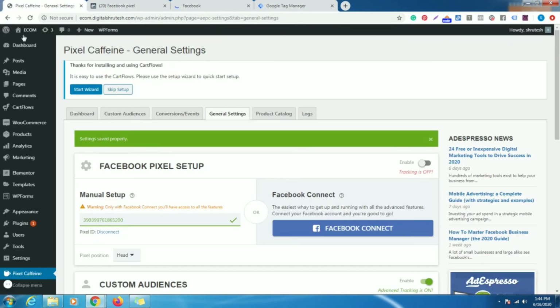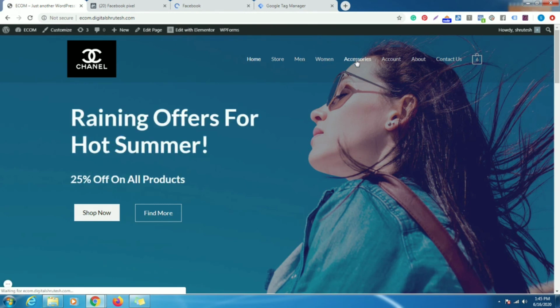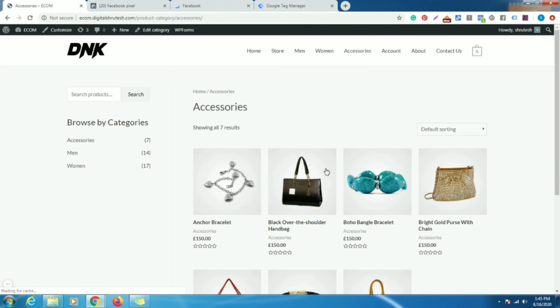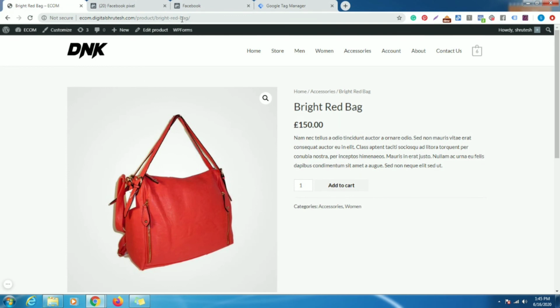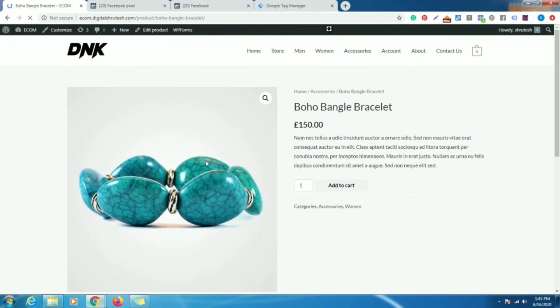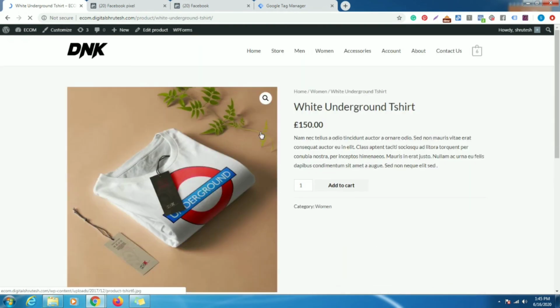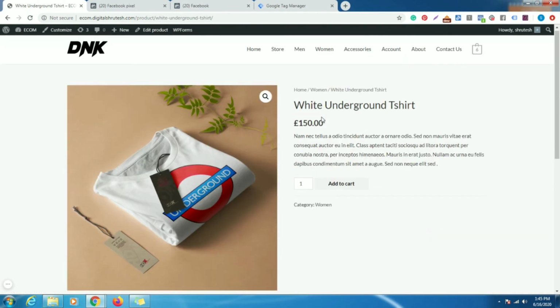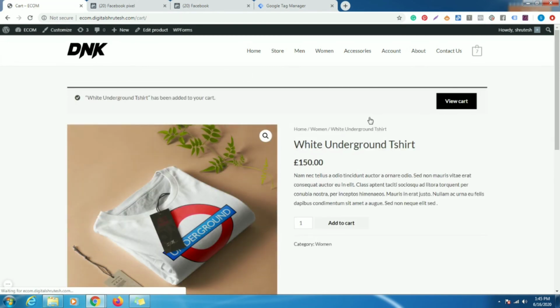We will go here, go to the e-com, then go to the accessories and view this one, the red bag. Okay, I have viewed this one. Then these bangles, I have viewed. This t-shirt, I have viewed. Okay, and I have added to cart, and I am also going to view the cart.